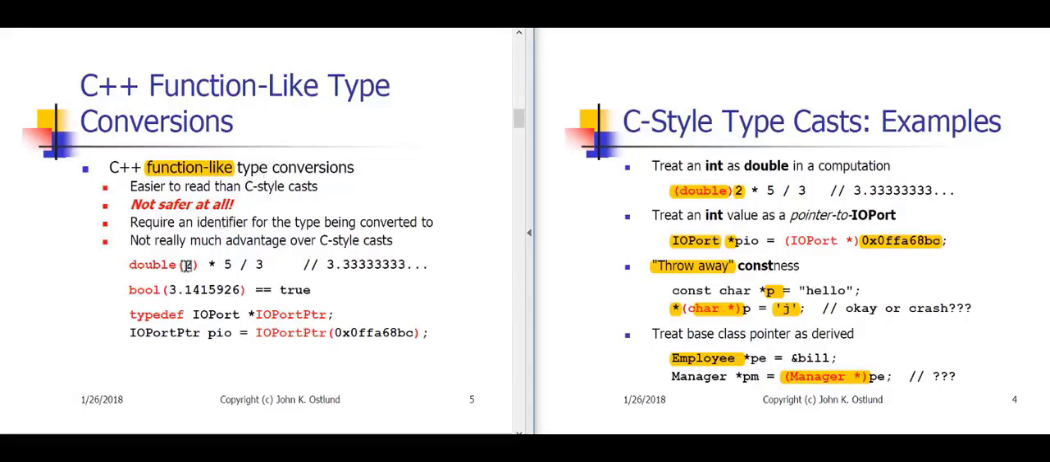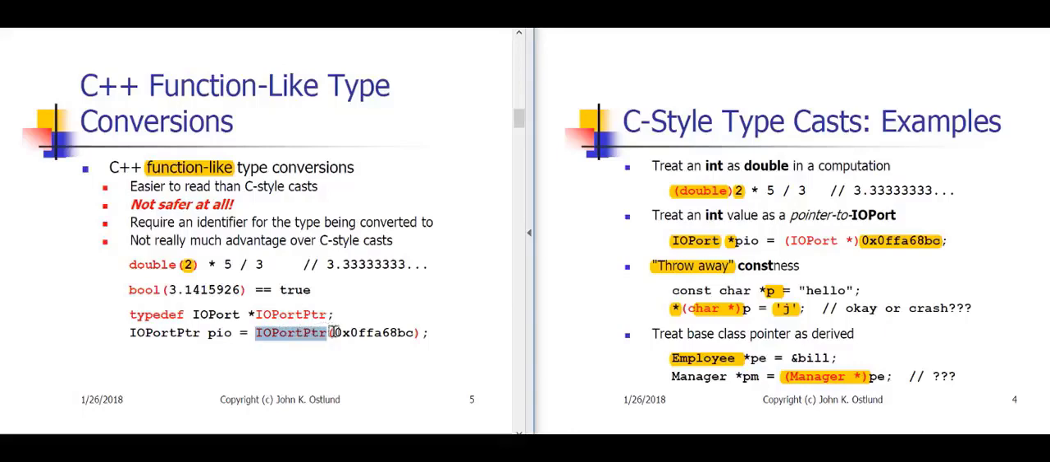For example, if I want to treat 2 as a double, then in the function style of type conversion, I would use the name double as though it were a function with integer 2 as my argument, and that will force the integer 2 to be treated as a double precision 2.0, and so forth. Now, frankly, the function-like type conversions are no safer than the C-style typecasts,